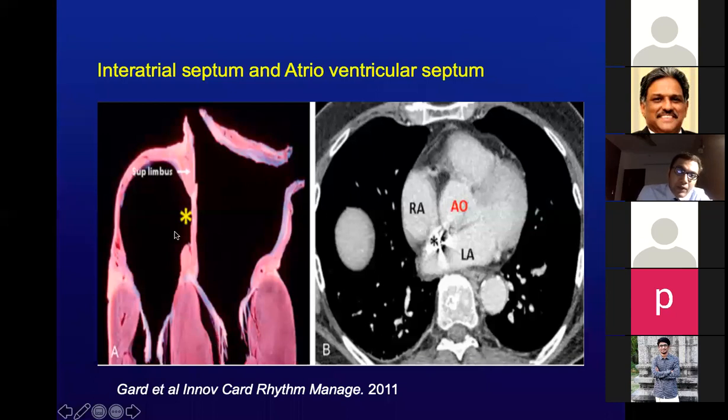Similarly, look at this septum. This septum is the interatrial septum. And if you see, there is only one true septum here. This is the fossa ovalis. See how thin it is? This is where you want to cross over from the right to the left side. All of this, remember, if you cross here, as you can see, you exit the heart. The right atrium stops here. The left atrium begins here.